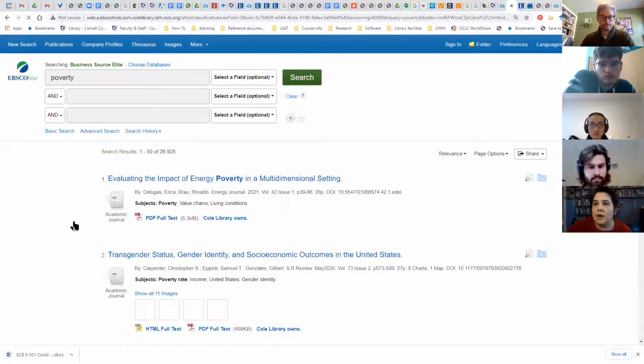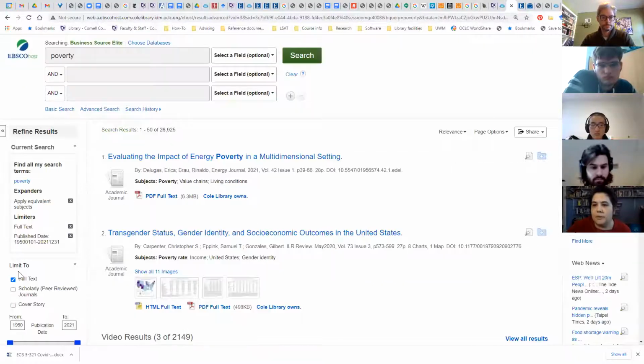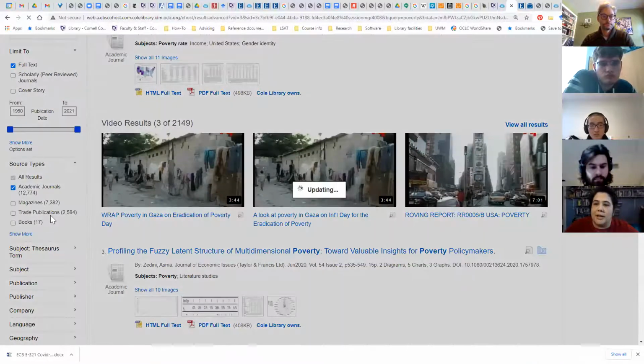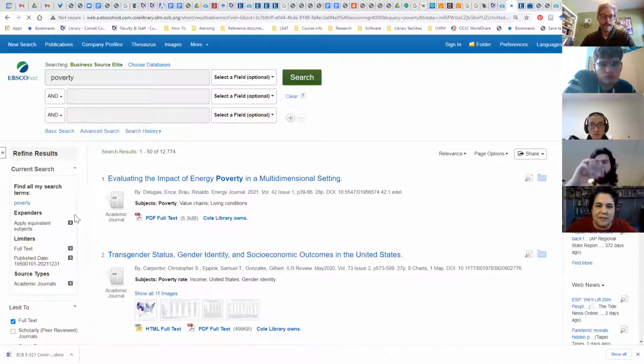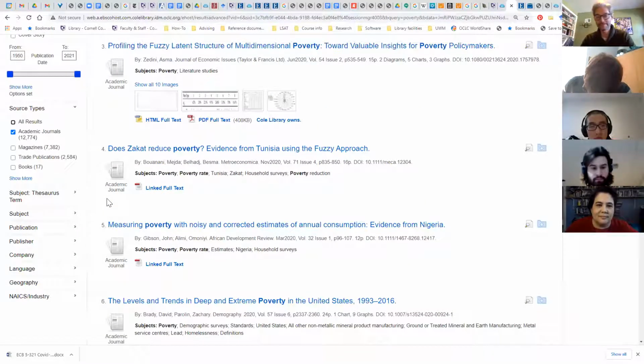These databases are mostly scholarly stuff, but there's some more popular stuff. So you want to probably narrow it down to just the academic journal articles. I don't know, would trade publications work for this? Probably best to stick with academic. I would say so for this. There's a possibility that there would be something in a trade or even a magazine, but I think in general, your time's probably best spent looking into journal articles. Yeah. So you can narrow it down that way.